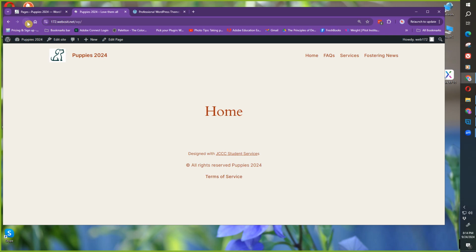and refresh. Okay, so now terms of service is showing up, but privacy policy isn't because I deleted the page. So now I need to put that in this template part. I need to add that privacy policy down here as part of that navigation. So I have to go to the footer nav and modify it and make sure that terms of service is there. Okay. So go ahead, play with some navigations for about,